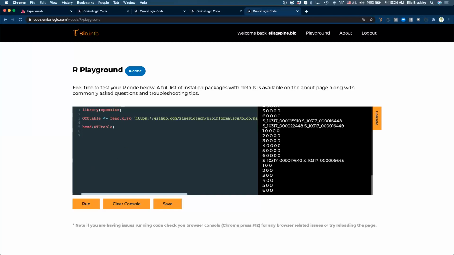It's because you don't have the N. It's openxlsx, you're missing the N. Okay, so it would be like that, Gregory. openxlsx.